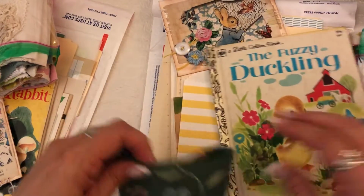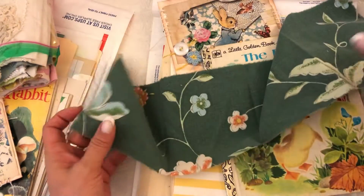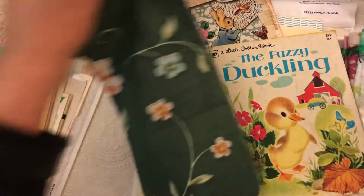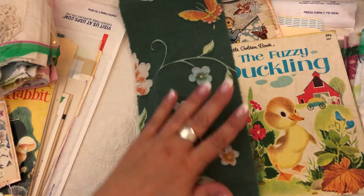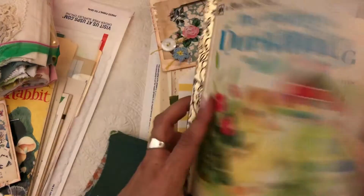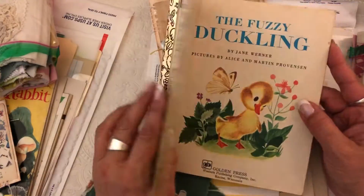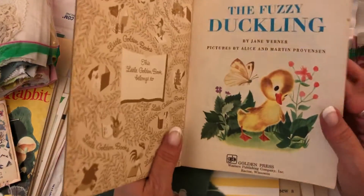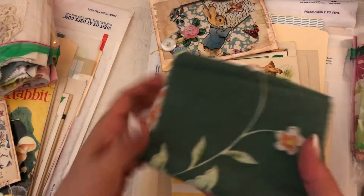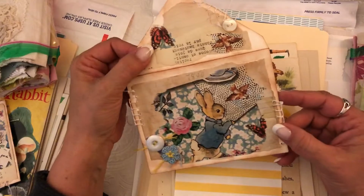So for each one, what I did was I found some beautiful vintage sheets at my favorite shop. And this particular one, I cut you a piece of this sheet to use as your binding cover. And all of them, I haven't taken this one apart yet, but the other 2 I've already taken apart. So you will get the cover with this, and the pages, but it'll already be taken apart for you. So there's the vintage sheet,